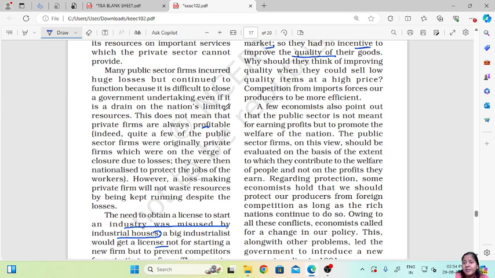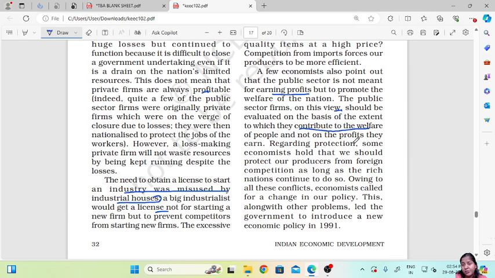A few economists also pointed out that the public sector is not for earning profit, but to provide welfare for the nation. So the public sector firms, on this view, should be evaluated on the basis of the extent to which they contribute to the welfare of people and not on the profit they earn. Regarding protection, some economists said that we should protect our producers from foreign competition as long as rich nations continue to do so. Now, economists called for a change in our policy, and that's why we have the economic reforms,